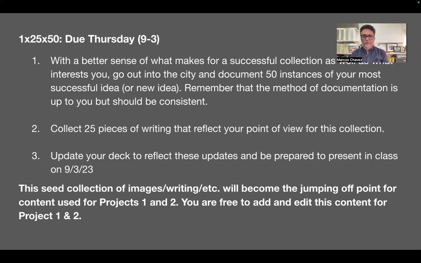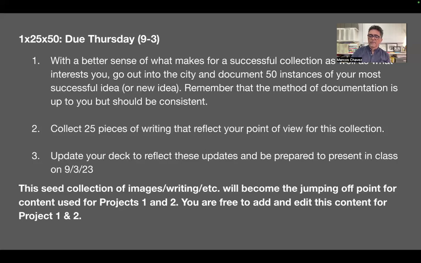pieces. If you're going to be creating a magazine or some kind of publication that requires text, the text you're getting now will be the content for that. So you're briefing yourself on your concept while you're also collecting content that could be featured within your magazine or your zine or whatever it is that you create in a print way, for your website, or for your app, whatever you do there.